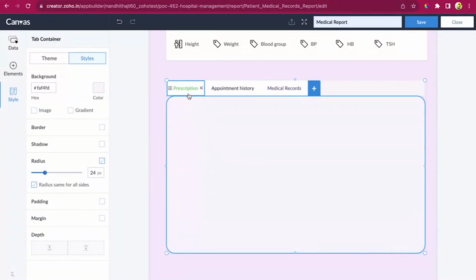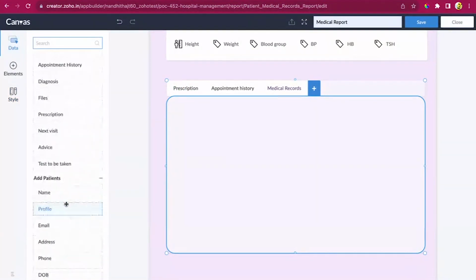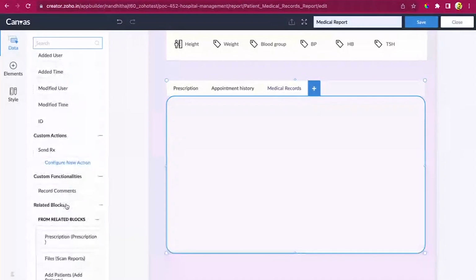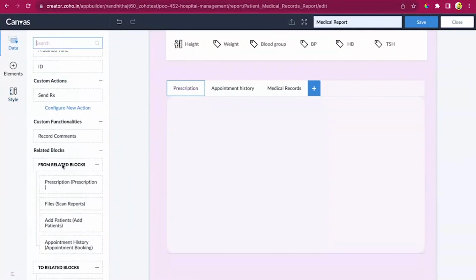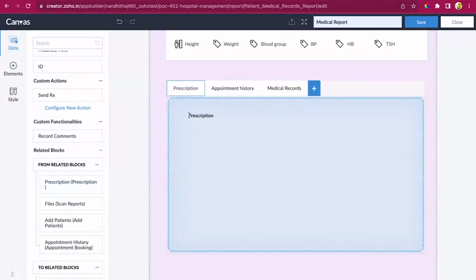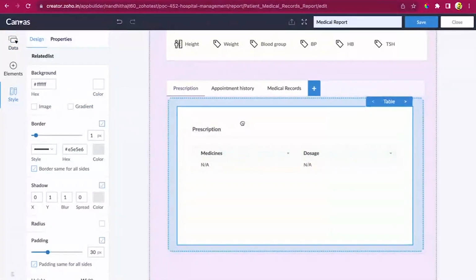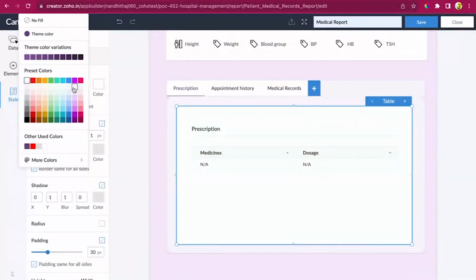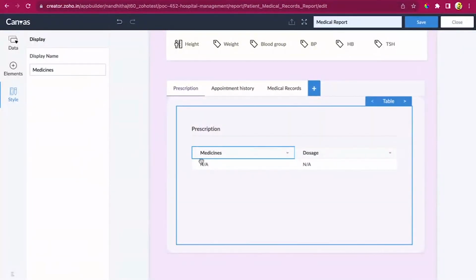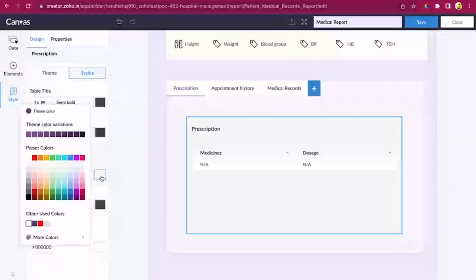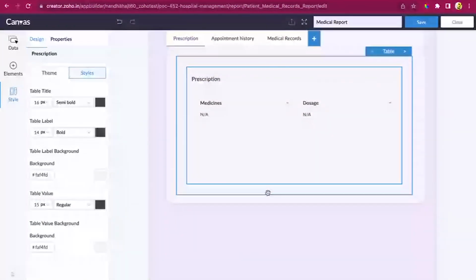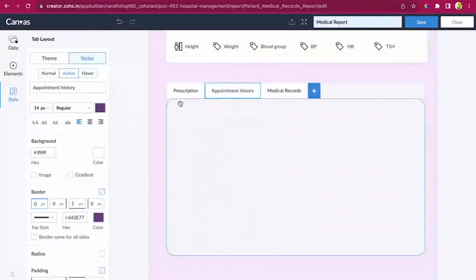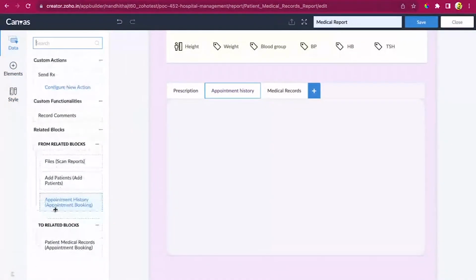So we have everything. So let's add a few related blocks. Related blocks is nothing but the subforms and lookup data. So here you can see prescription is one of the subforms. So I'm going to drag and drop it and I'm also going to edit it accordingly. I'm going to add this color and also I'm going to add the color for the values as well as for the labels as well. So here you could see the labels and values, right? So we can also add it here, right? So right now we have used the subform fields